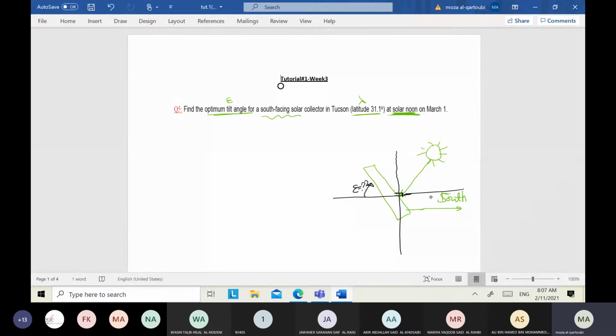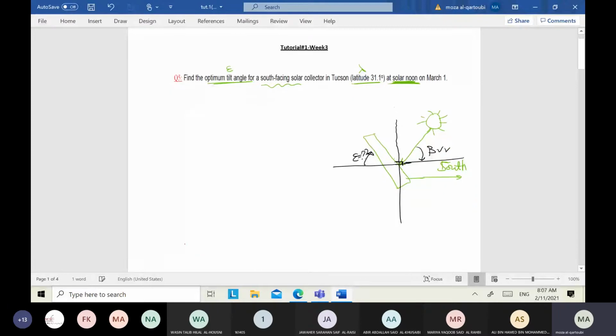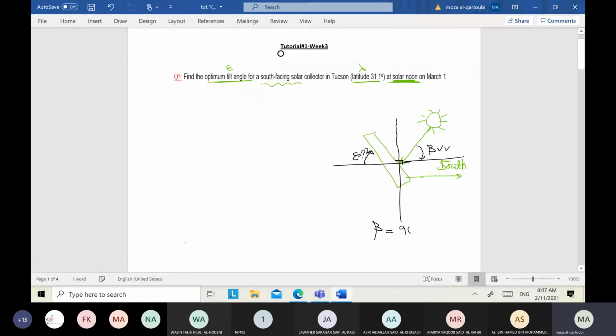So this is the angle beta between the sun ray and the horizontal plane. If we know this value, beta, the altitude angle, equals 90 minus lambda, where lambda is the latitude angle, plus delta. Anyone remember delta? We saw delta before in more than one question. Delta is called